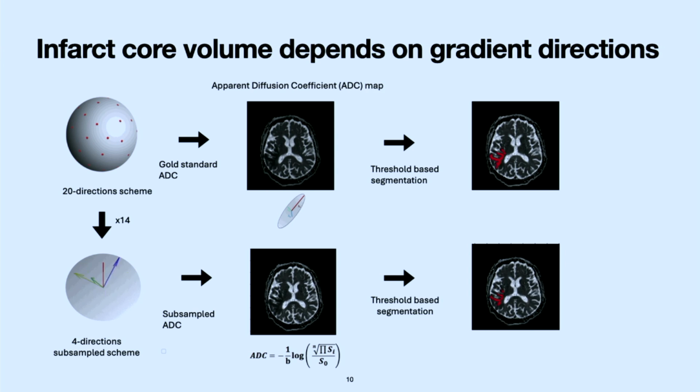If you compare these two, the Jaccard index, kind of similar to a Dice index, the overlap is around 22%. So this is very, very low agreement, all right? So if you're treated in a hospital that has 20 directions, you will have a certain size of infarct core and location. If you're treated in another hospital, then you will have a different infarct core. So this is problematic. So we wanted to see how problematic it was.